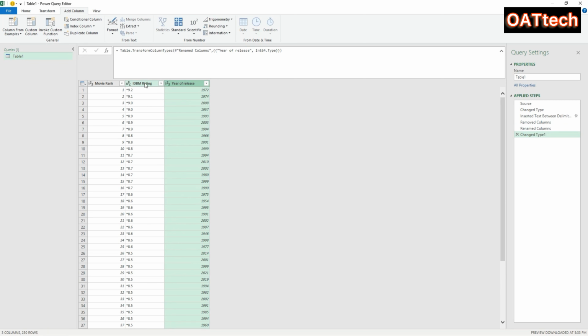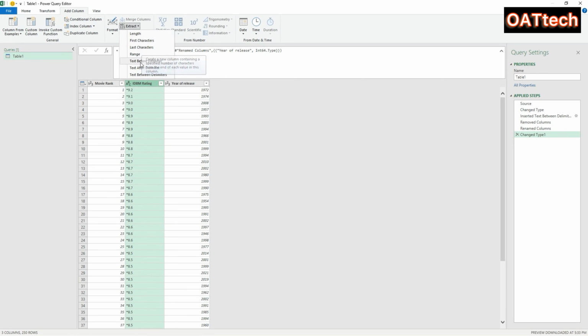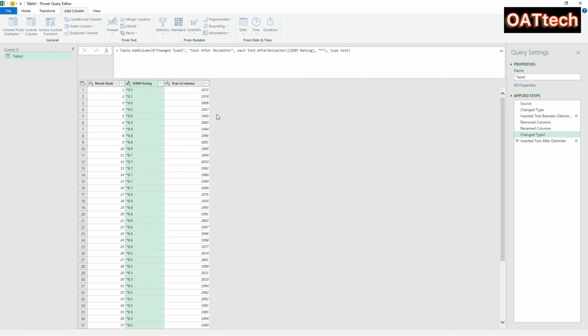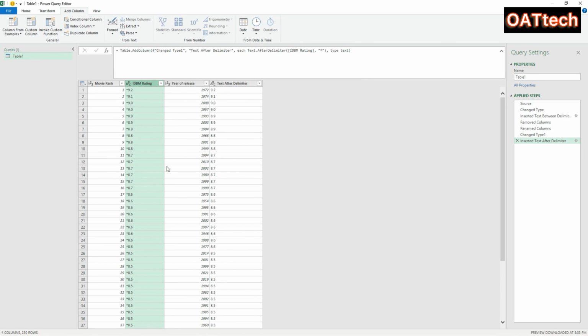And the second thing we want to do is to clean up the IMDB rating. So we have to remove the asterisk in front of that column. So click on IMDB rating, go to Add Column, Extract. So here we want to extract text after the delimiter, and the delimiter is the asterisk. Click on OK. Right? So the asterisk in front of the rating has been removed,